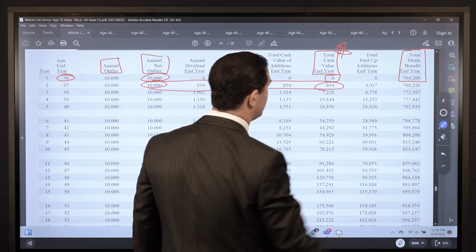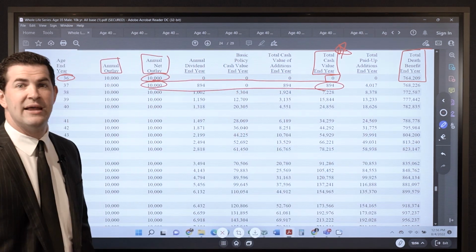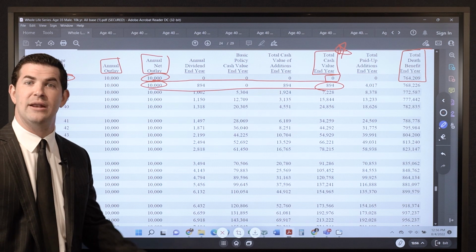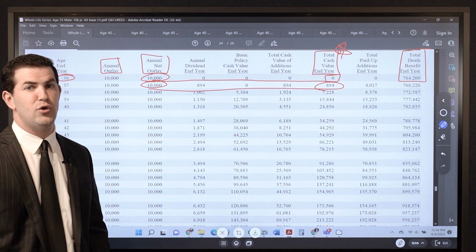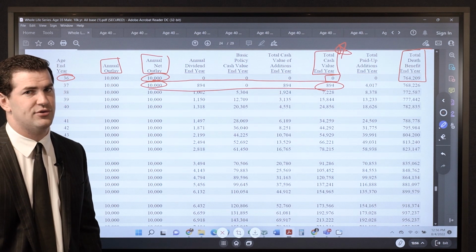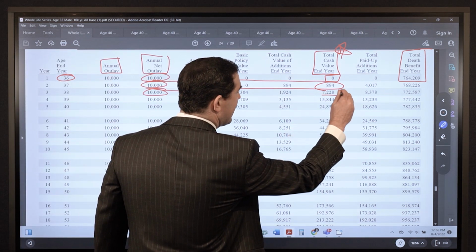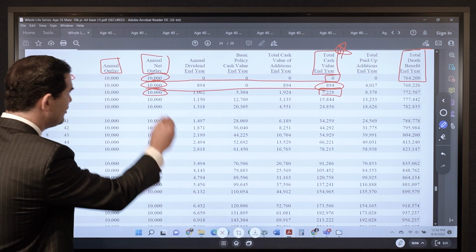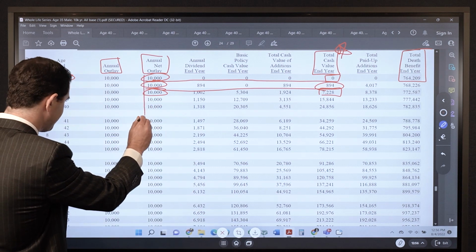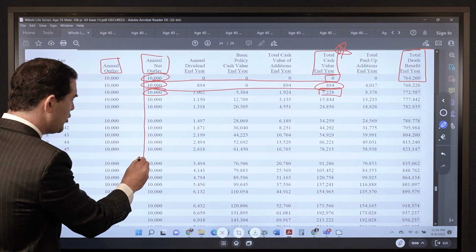What do you notice here? Just about $900 is in cash value that you can access if you'd like. You've paid in $20,000. By year 3, I start to see more of my premium come back. I'm at $7,200 and change, but it takes a long time. In fact, look at this. When do you actually get your money